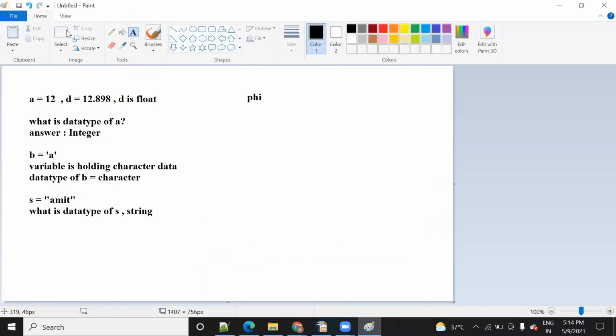This pi can also be represented by a symbol like this. The value of pi is either 22 by 7 or 3.14, right? So these are constant values, meaning the value will always remain fixed.